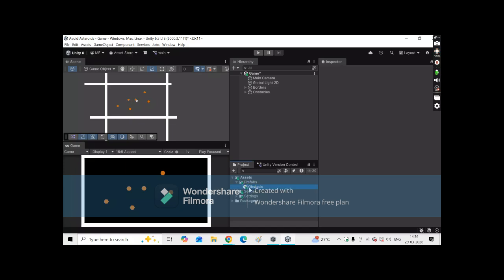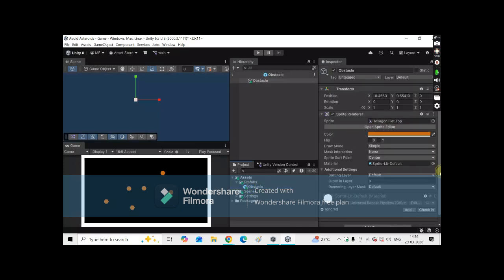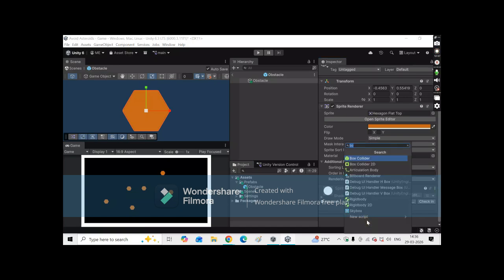So now we will click on obstacles and then go all the way down to add component. We will add a component named Rigidbody 2D.